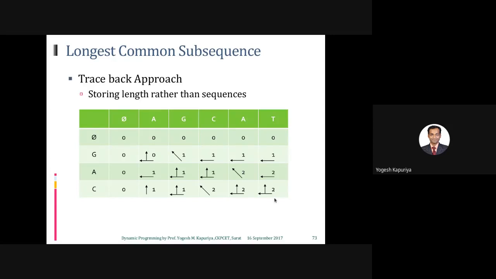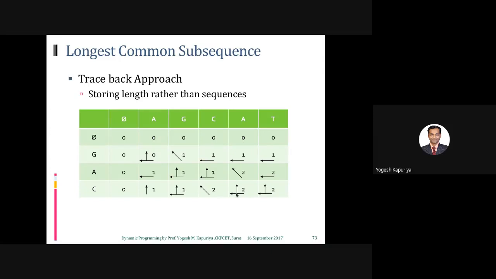Similarly, if you follow the other arrow, go back to the last cell and take another route, which is towards the left. So you come here again. You have two ways to go. Let's say we go upward first. Then you go upward, then diagonal, so you remember A, G. This is the same thing we derived in the previous case.